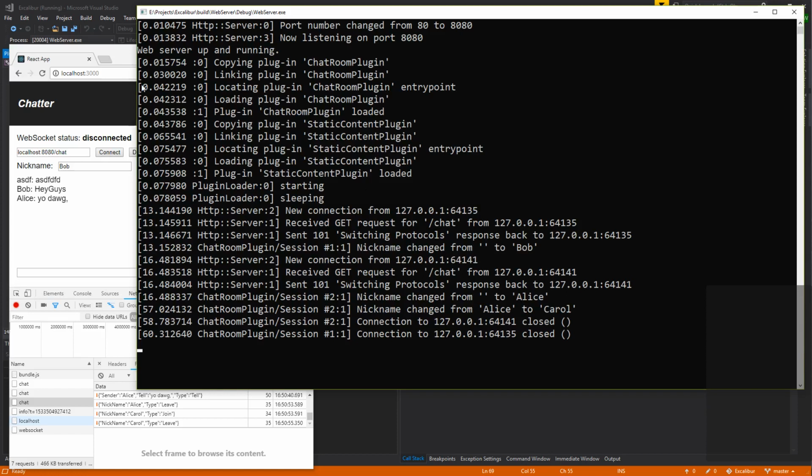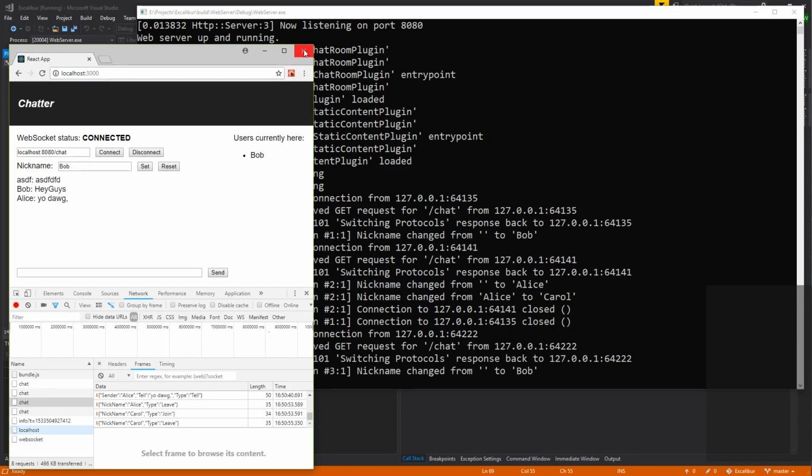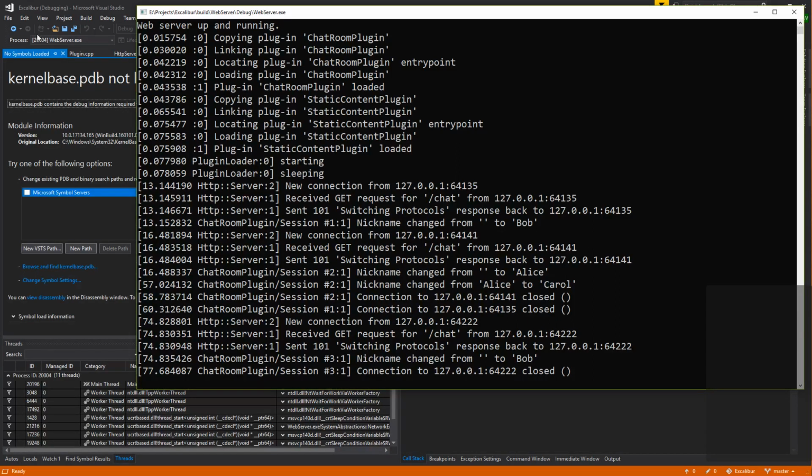I was hoping to see more stuff. What if I close this while it's connected? Okay, I was expecting to see some messages from the underlying network connection, but I guess the only one we're printing is if we tell it to close. And right now we're keeping it open forever and only responding to being closed. So yeah, I guess that makes sense. Anyway, the web server is working and it's not crashing, so I'm happy.